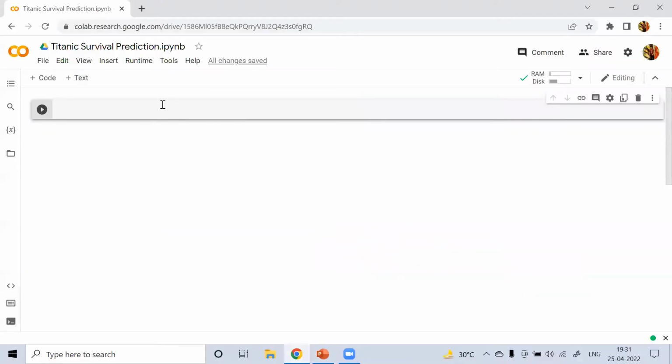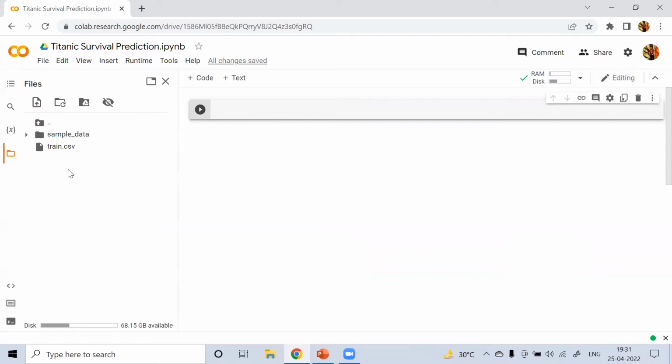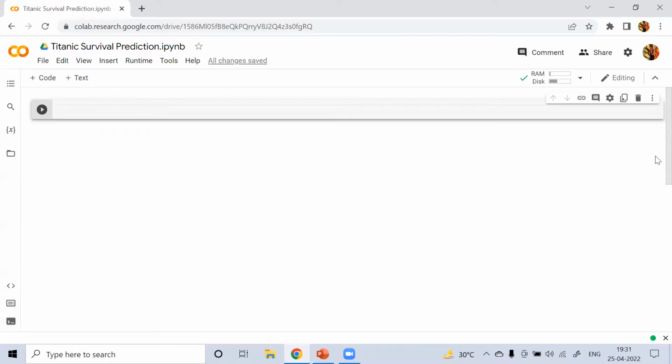We will be writing our code in Google Colab. First we have to upload this dataset. You just have to right click and click on upload, and I will provide the dataset link in my description box. So let's start by importing the dependencies. Importing the dependencies is nothing but importing the libraries and functions which we will be using in our project. So let's start with that. Import